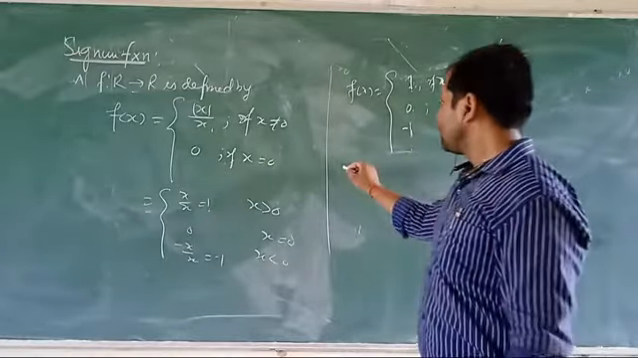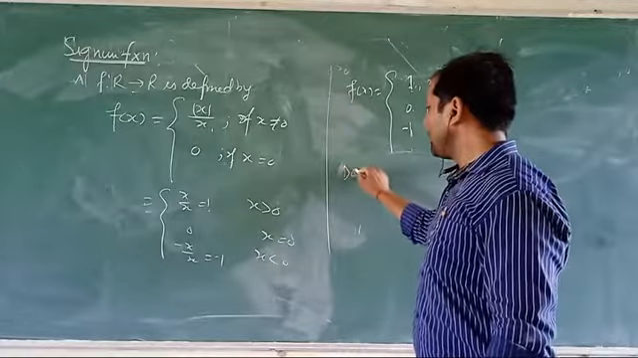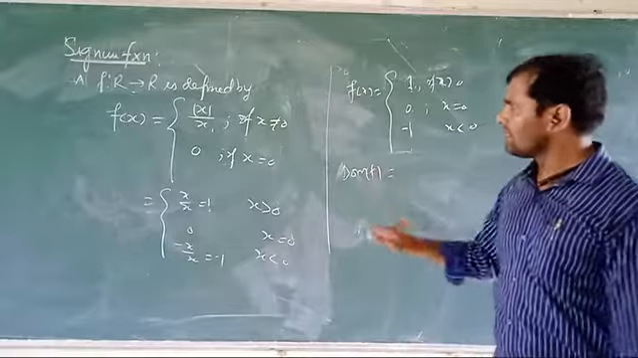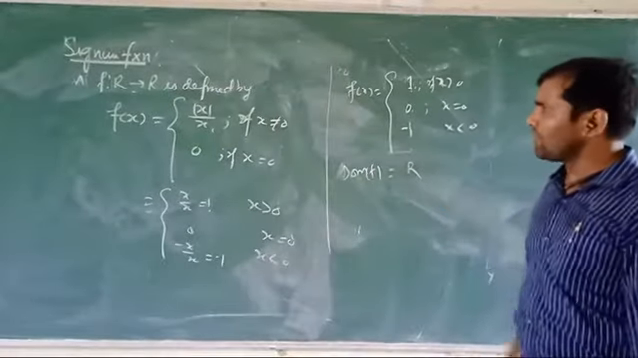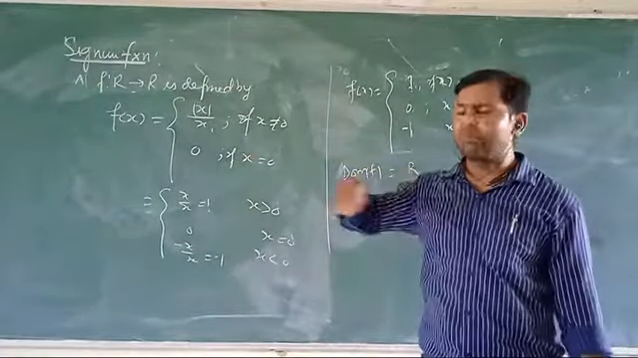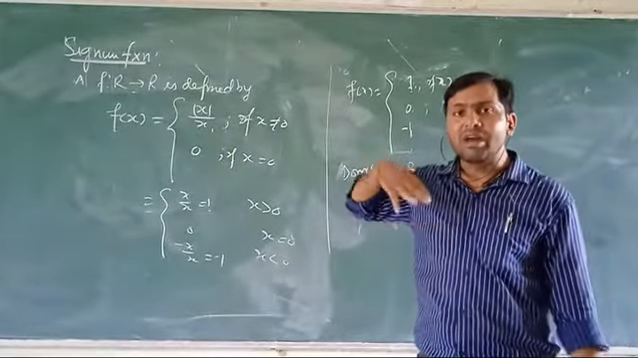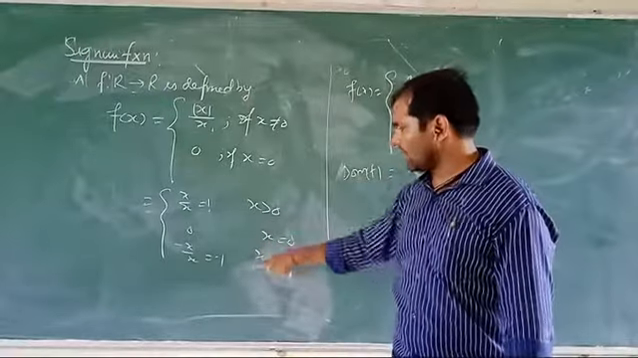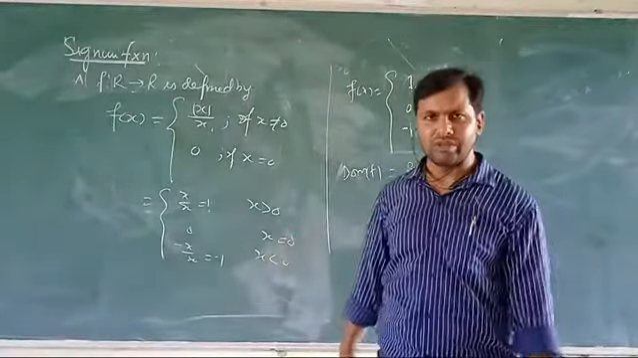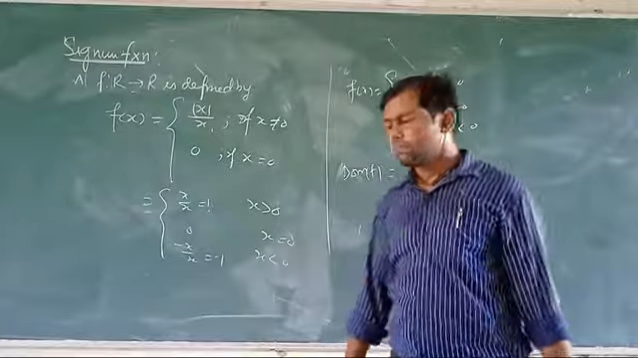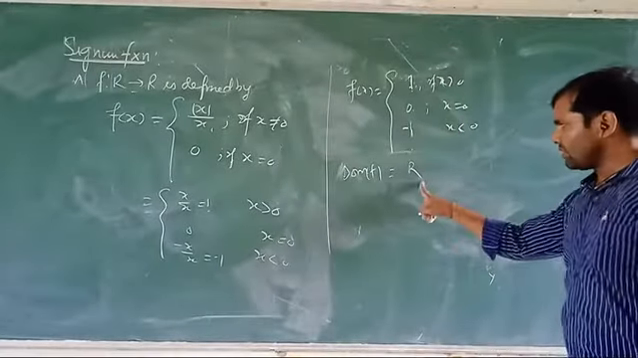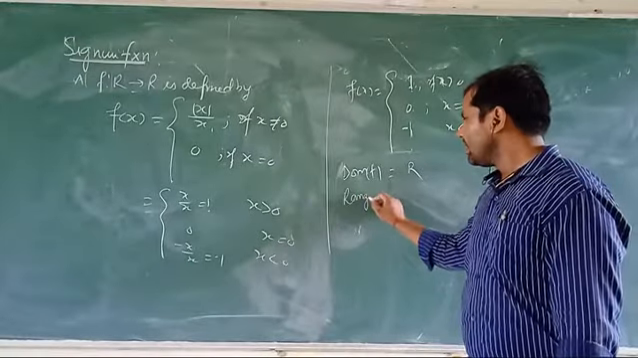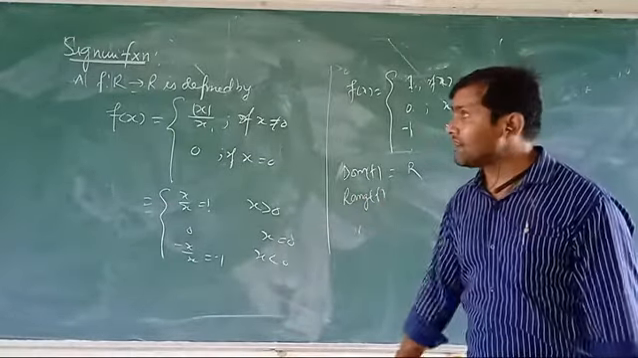Then in this case, domain and range of the function f is equal to how much? Domain of function is the set of real numbers, because we are putting all the values. It means all real numbers. Here when x is greater than 0, when x is equal to 0, when x is less than 0, this means all real values we are taking. So domain of the function is equal to R, and range of the function f, the signum function,